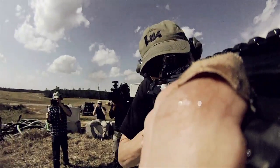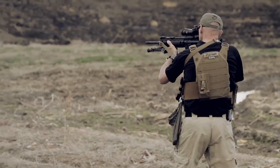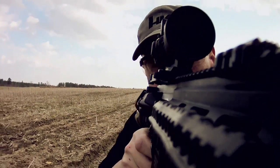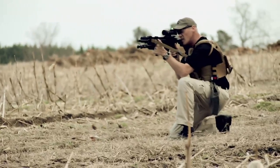I find it interesting where we have these niche roles where, like the M27 or an SPR per se, not necessarily a full-blown belt-fed or automatic rifle per se, or a gun that's a full-blown sniper rifle, but you can actually blend it and morph it into those roles and you get a very effective job done. It gives you commonality with magazines and ammunition with the other guys in your squad. Guys are carrying more weight now than they ever have before, so anything we can do to make sure they're carrying the same ammo, same magazines, and kind of cross commonality, that's a good thing for the guy on the